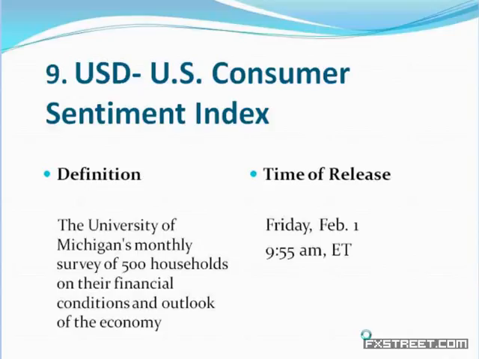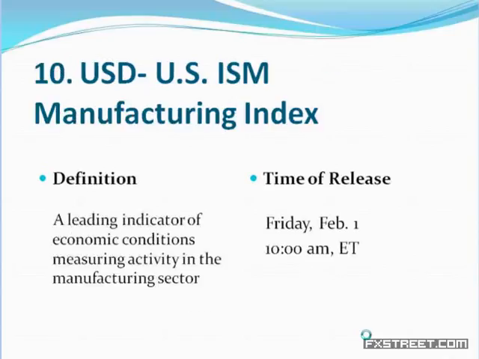And then the ISM Manufacturing Index, which is a leading indicator of economic conditions in the U.S., measuring activity in the manufacturing sector, is also expected to stay positive above 50, which, as many of you know, indicates expansion. A reading below 50 for these purchasing managers indexes indicates contraction. So as long as an index is above 50, that means that the sector is expanding. We're expecting a reading of 51 next week from a reading of 50.7, so staying in expansion territory in the month of January.